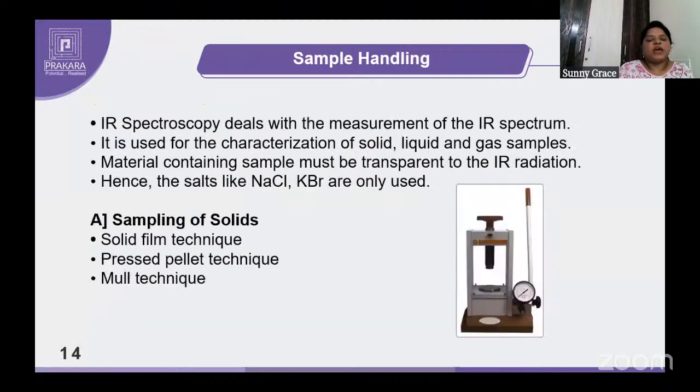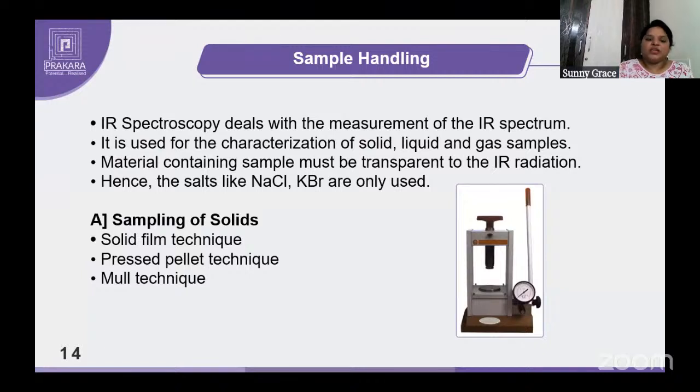Next, coming to the sample handling. In IR spectroscopy, all types of samples you can analyze, that is solids, liquids and gases. So another difference between UV and IR is the samples. In the UV, we can only use solutions, but coming to the IR, you can use solid, liquid as well as gas samples for analysis. Okay,